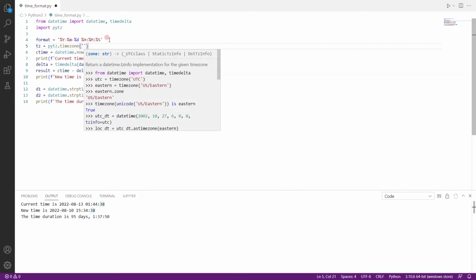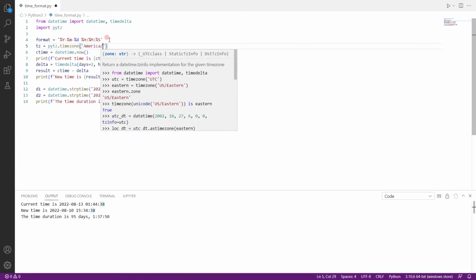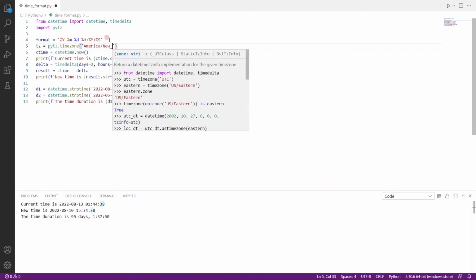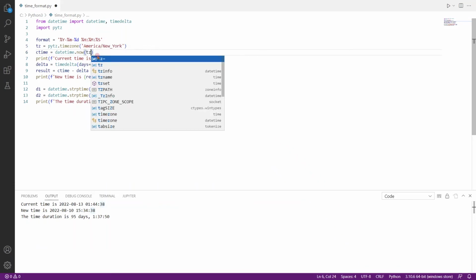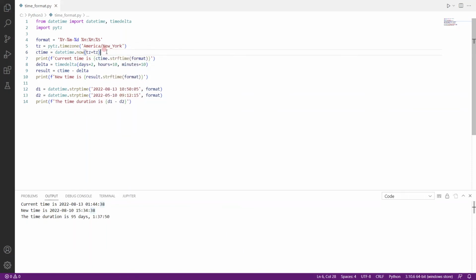Inside the timezone function, let's say, what time zone do we want? Let's say America slash New York. So this is our time zone, and then all we have to do is we just pass this time zone into the now function. So tz is equal to time zone. We just run it one more time, and